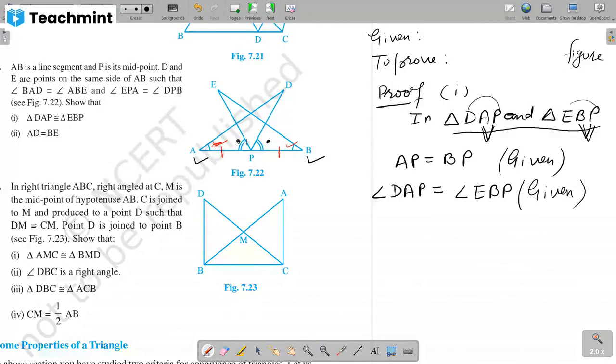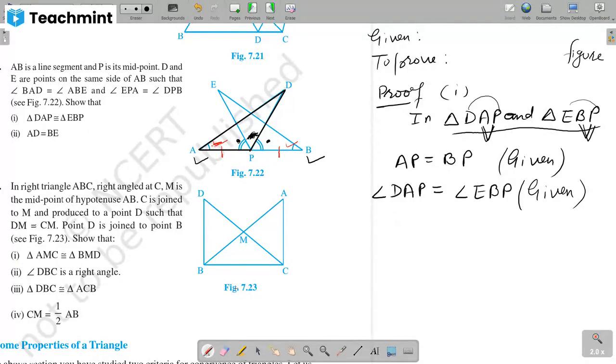Now these two angles are also equal, the angle at point P, this angle and this angle. But when you see this triangle DAP, we have considered this triangle, but they have given only this much angle. So what will we do? We need to add this one angle. This part is missing, so we will add it here.